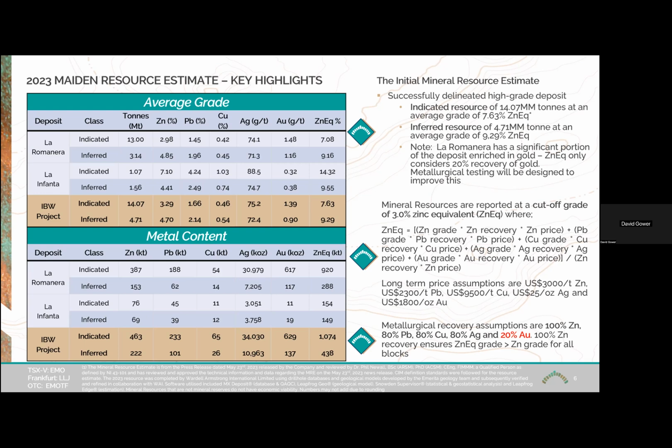And Infanta doesn't have the same gold grades. So a disproportionate amount of the inferred is at Infanta, where there are high base metal grades but relatively lower gold grades. So it doesn't suffer from this 20% gold recovery that we see with